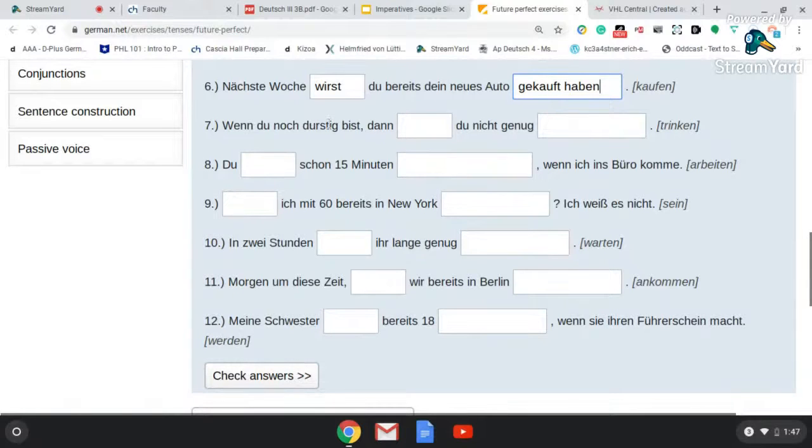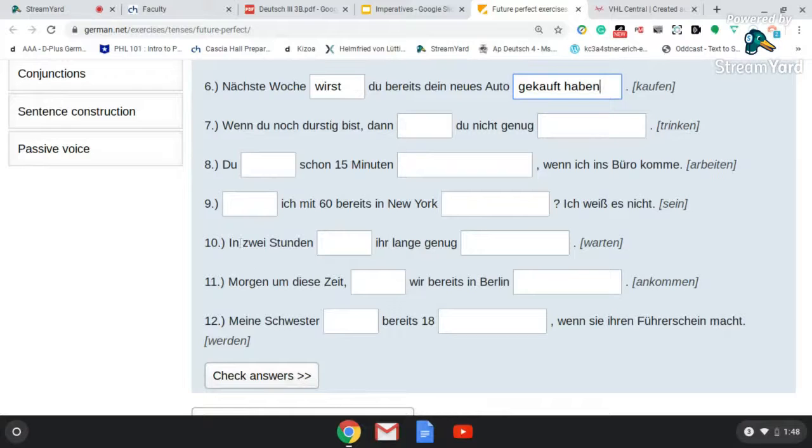Wenn du noch Durst, if you're still thirsty. Then, wirst du nicht genug, and here's trinken, getrunken haben. If you're still thirsty, then you will have not drunk enough. Yeah. Let's skip down to,